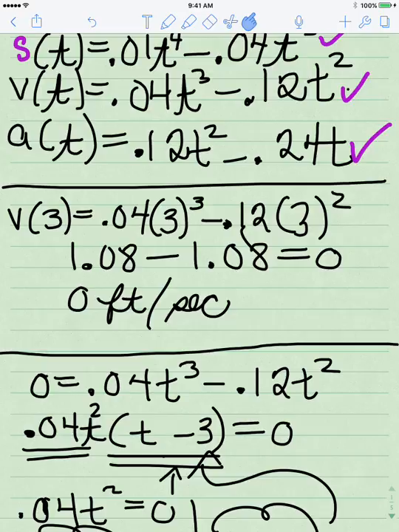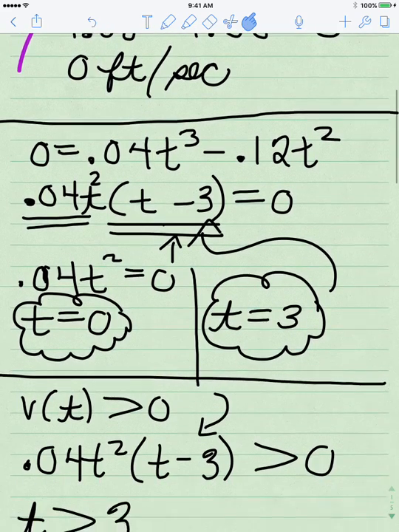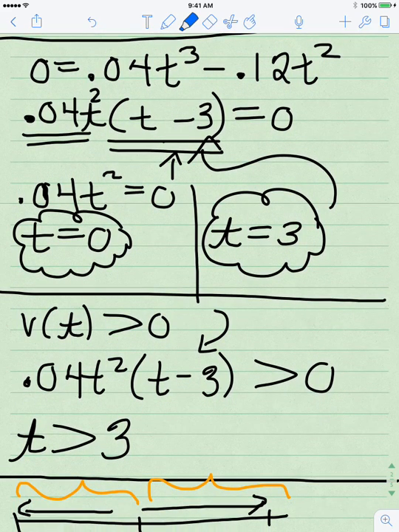Well, we already know that the velocity is 0 at 3 seconds. But let's actually go ahead and solve. So we're going to set the velocity function equal to 0, which I have right here. I actually can factor out a 0.04. It's just like if I had 4 and 12, except I have 0.04 and 1.12. So I can factor out a 0.04, or 4/100ths, and I can also factor out a t squared. And that makes it a lot easier to solve. So when you do that, if I set this equal to 0,